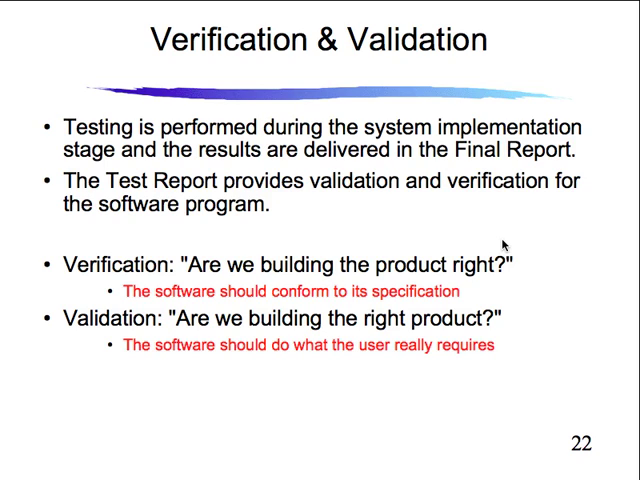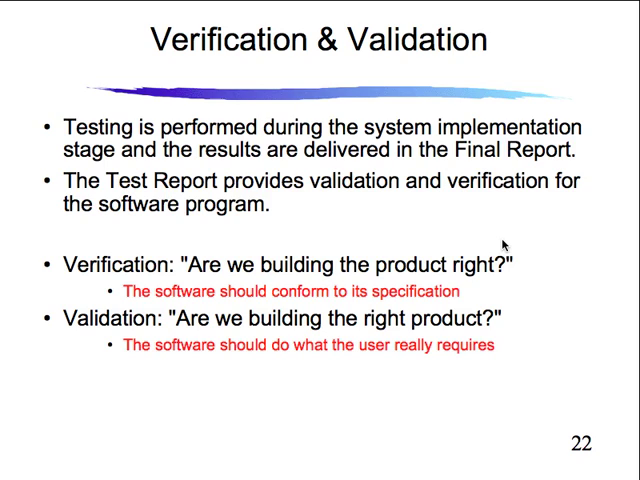So the test plan would have multiple different types of tests in them, of different categories, testing different features about the software. So testing is performed during the system implementation stage, and the results are delivered in a final report that's used for acceptance. So the implementation tells us that we've implemented all of the required features, and whether or not those features are working or not is going to be hopefully in the final report. And then the test report provides the verification and the validation